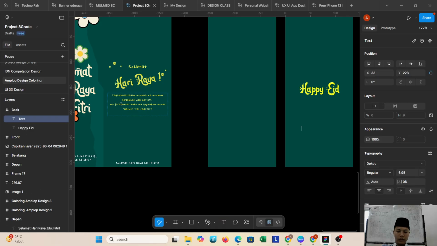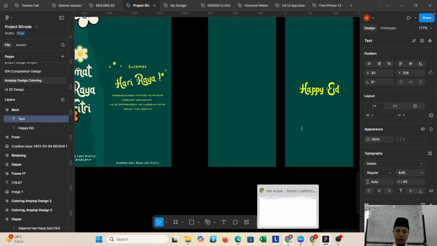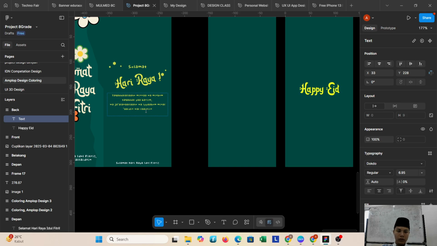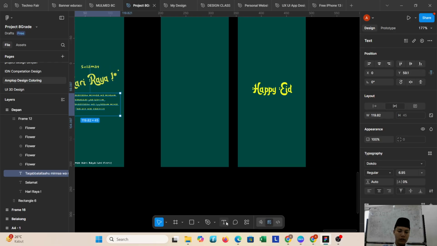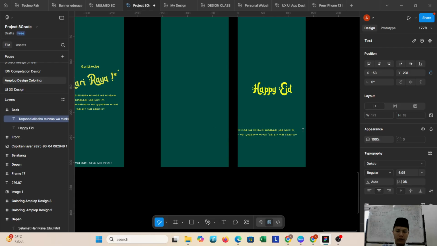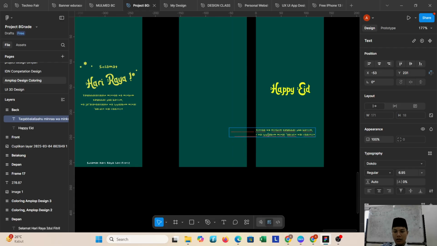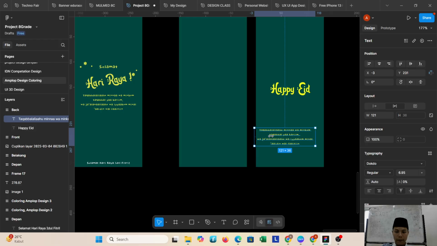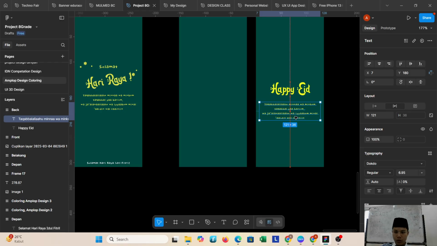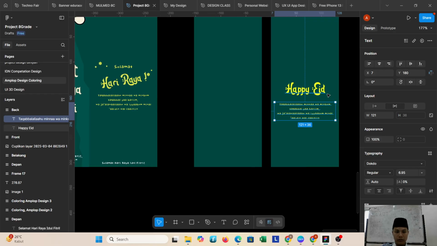You can search this text in Google, or just to make it easy, you can copy it if you already have it, or just look at the text in your idea, and then put it in your design, like this. You can put it in the middle of the "Happy Eid", like this.